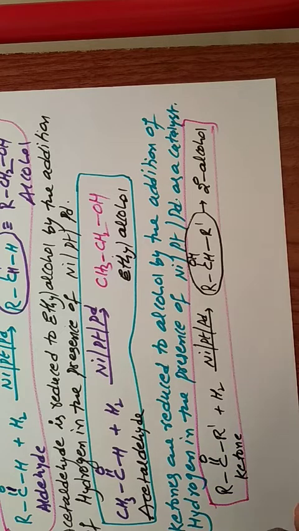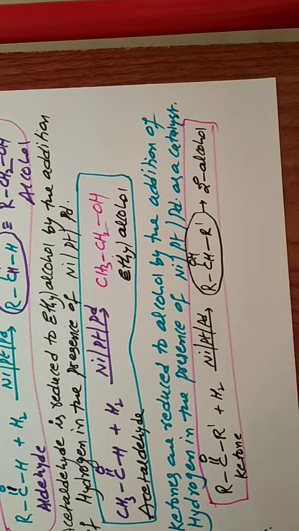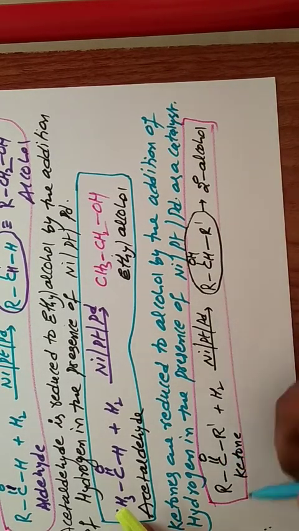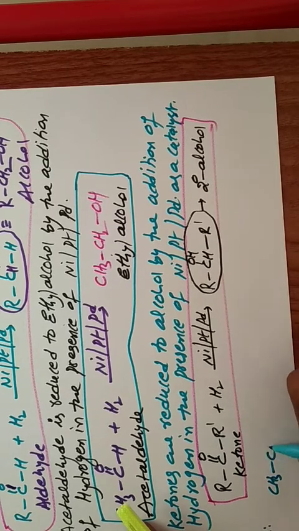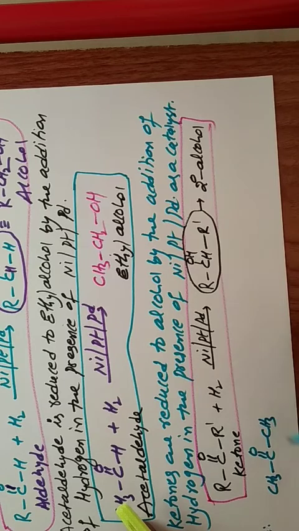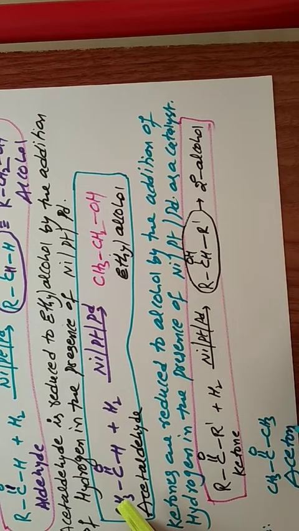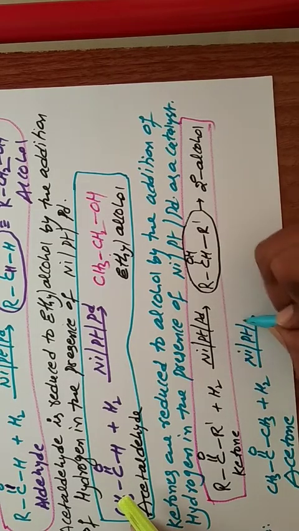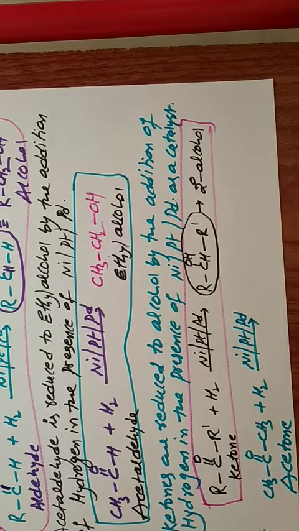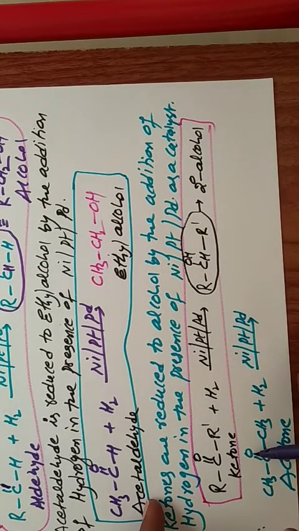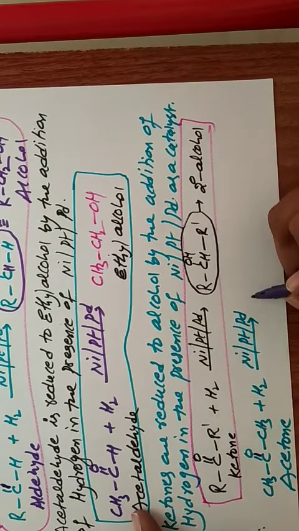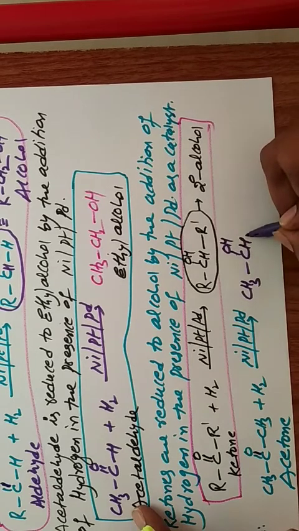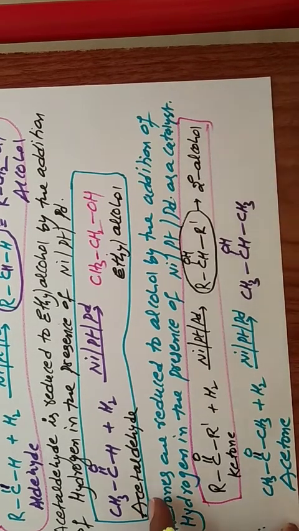Suppose, for example, we can directly write an example without a statement. What is the ketone? The first compound, acetone, we are taking. So acetone, CH3 bond C double bond O bond CH3. It reacts with hydrogen in the presence of nickel, platinum, palladium. How do we write the product? Just remove this pi bond, and we get CH3 bond C bond OH, CH, CH3. We get this compound.